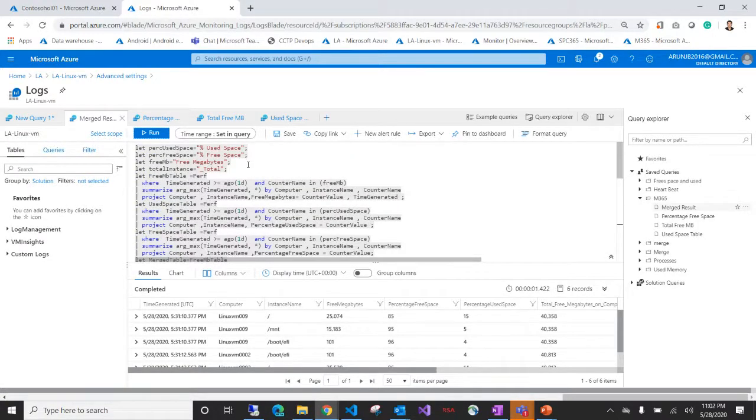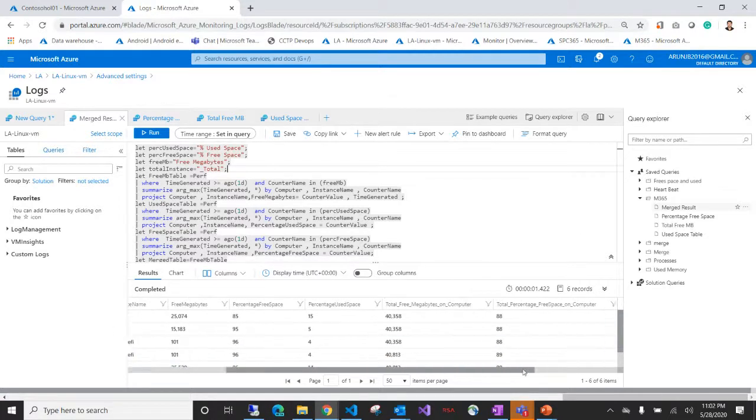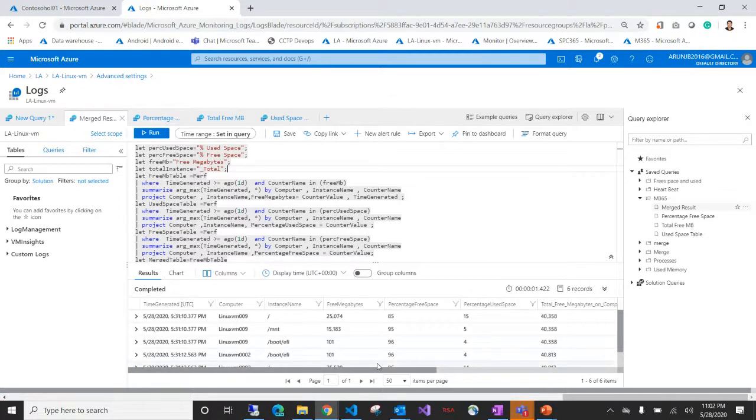I know it is not easy to understand in the first go, but there is pretty good documentation available on the Azure documentation site. You can just go and learn what Kusto query is, and there are a lot of samples. You can teach yourself to bring out meaningful data from the Log Analytics data which is being created.